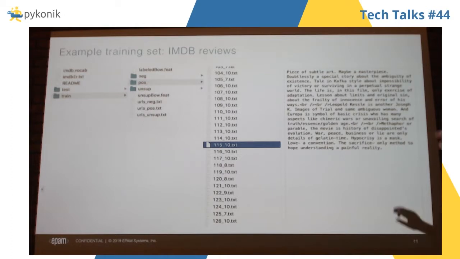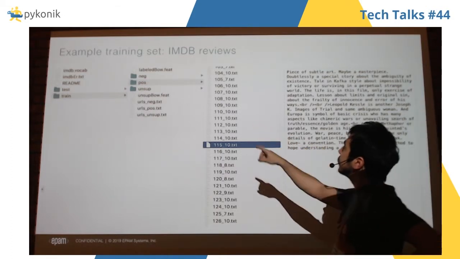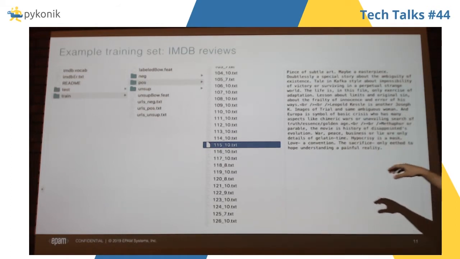We have two folders: negative, neg, and positive. This screenshot shows the positive one right now. As you can see, we have a lot of defined reviews, and they are called training data. Also, we have some negative reviews, and we have test data. It's a different folder.